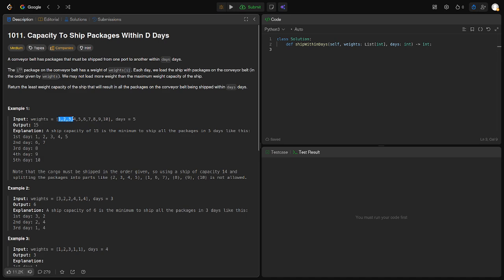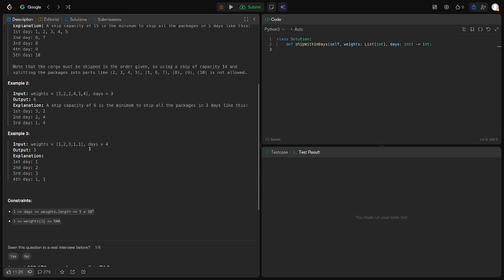So I guess we want to partition this into subarrays. Technically we could do it in 4 days, but let's say we want to partition it into this many subarrays.